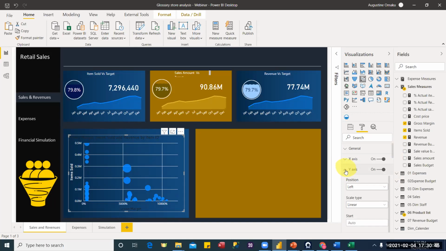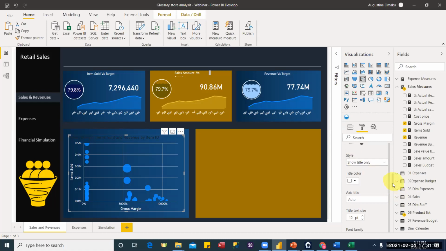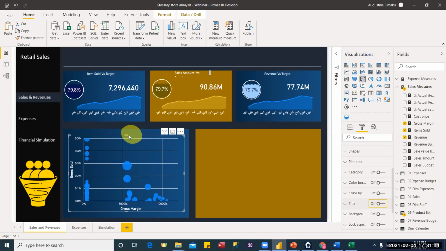Then we go to our X-axis and change the title color to white. So our chart is almost ready. The next thing we are going to do, as we normally do, is take off the title header. Where's the title? Take off the title. Then we give it